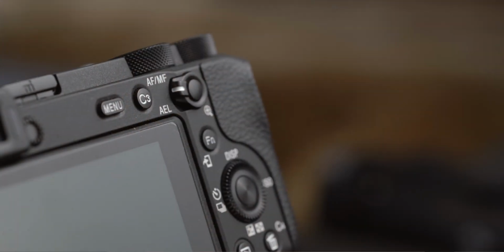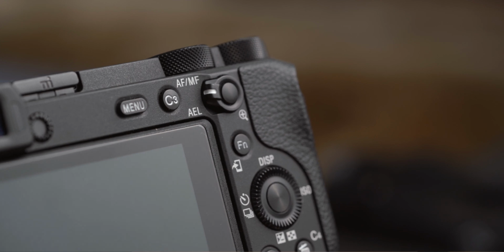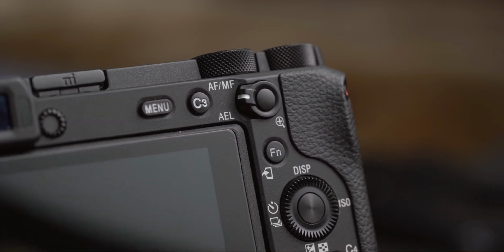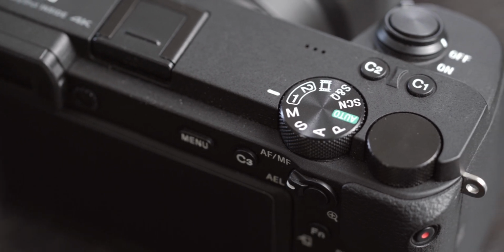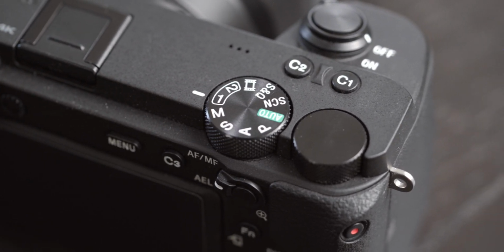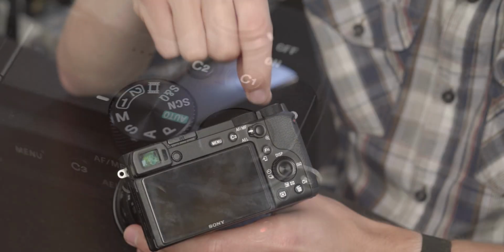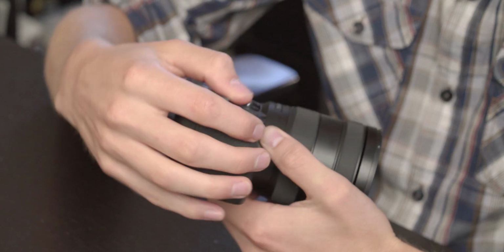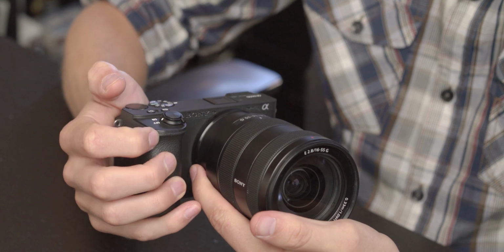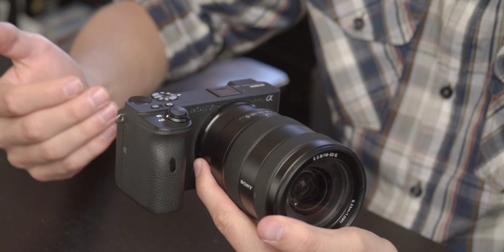On the back of the camera, there's also a couple more customized buttons, and realistically in the Sony menu system, you can change all of these to be whatever you want, which is very handy obviously. The most annoying thing though is that you'll notice there's a control wheel at the top and then the control wheel at the bottom. There is no front dial, which makes this camera extremely hard to work with when you're